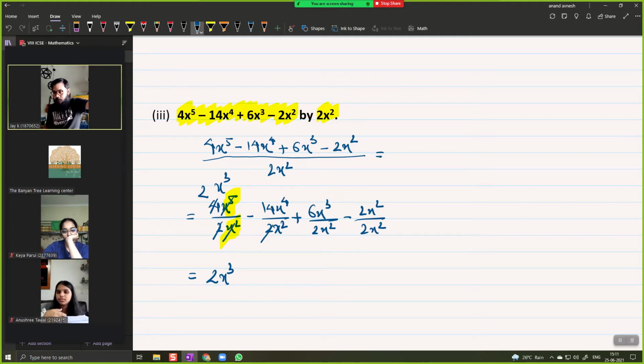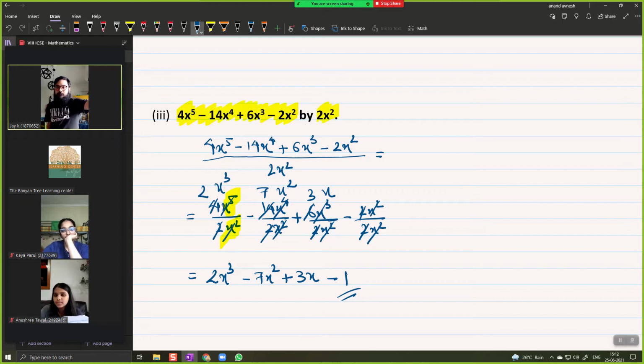Okay, here you will cut 2, here 7 will come, x square will cut x4, here x square will come. So minus 7x square plus 2 will cut 6, 2 3s are 6, and above 3x, below 2x. These 2x's, x square will cut x cube and you will get x over here. So 3x, here the minus sign, 2 will cut 2 and x square will cut x square, minus 1. This is your final answer. Simple. Note it down, please.